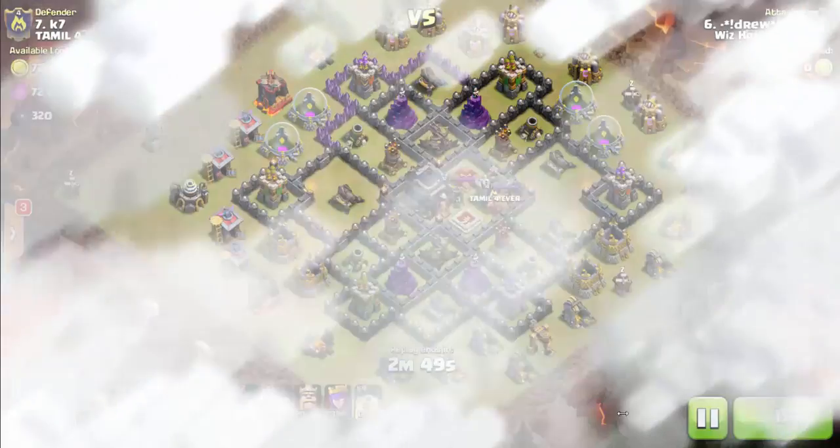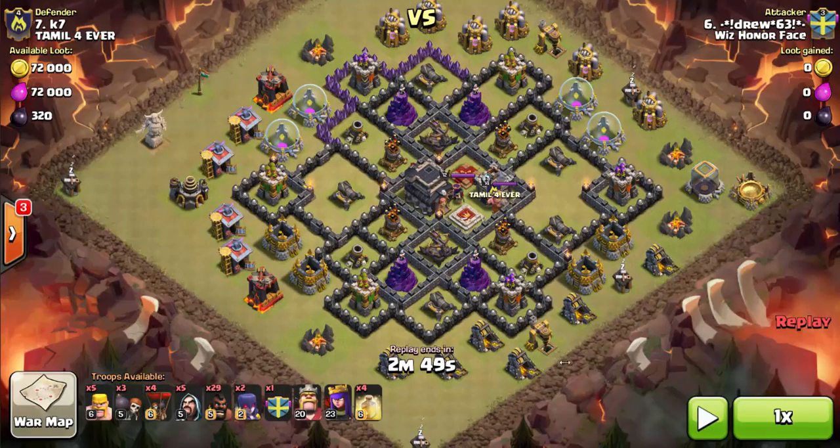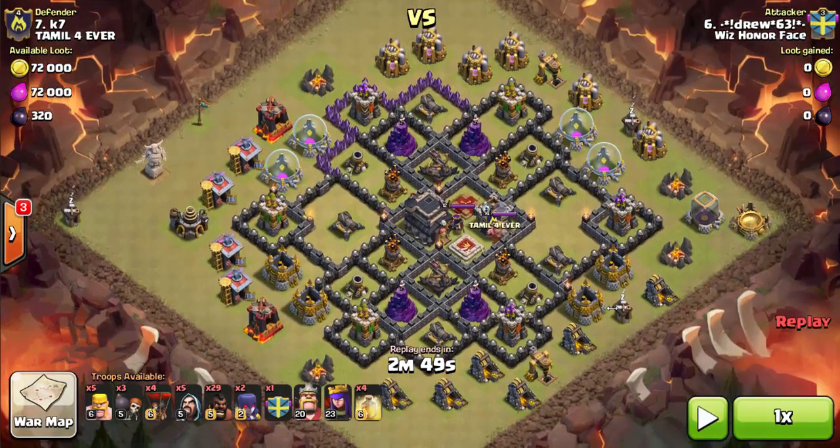We'll do a scout on this last base. This is another very high level Town Hall 9 base, and the funny thing about this one is he's not hiding where he's putting his giant bombs. He doesn't have a lot of decoy locations, but at the same time, because of where he's put these archer towers on the outside of the base, these guys here, he's made it difficult to access